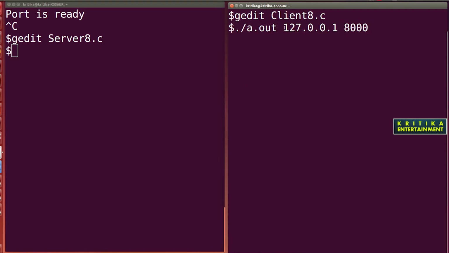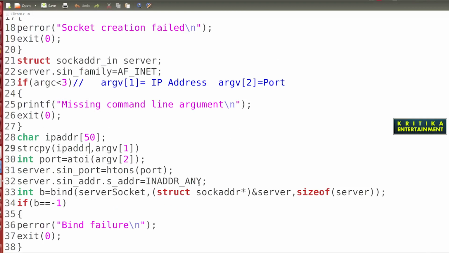This is my argv[1], this is my argv[2]. I'll copy this argv[1]; this is the string format. So when we store here, what is the logic to store?